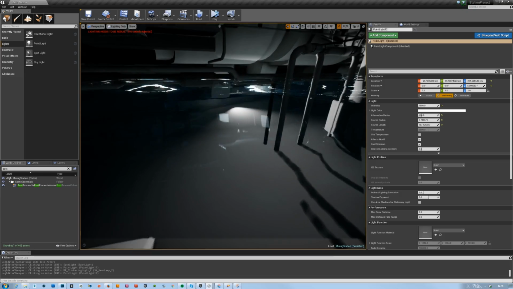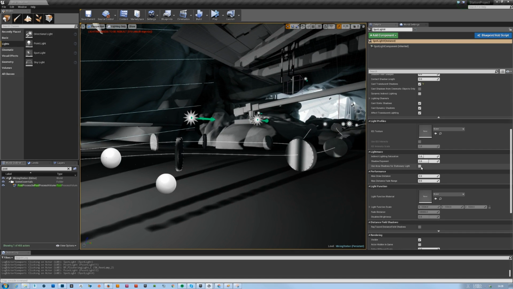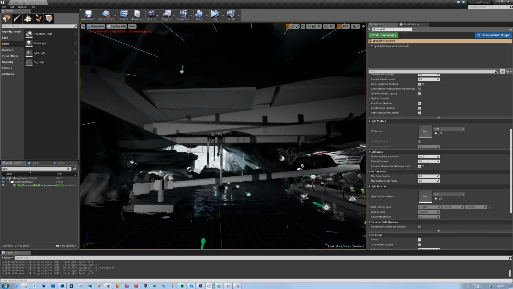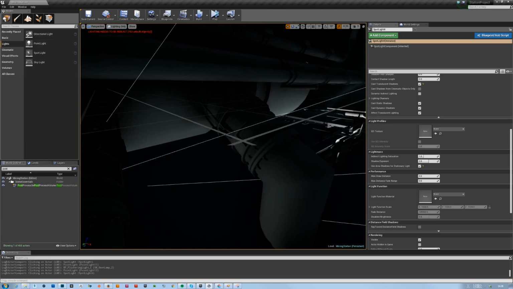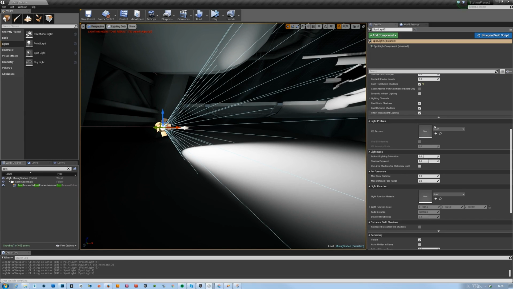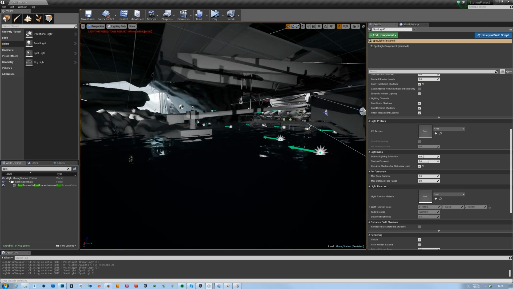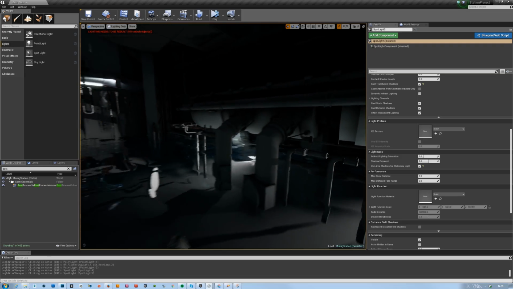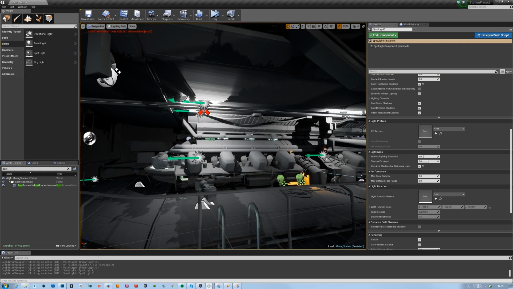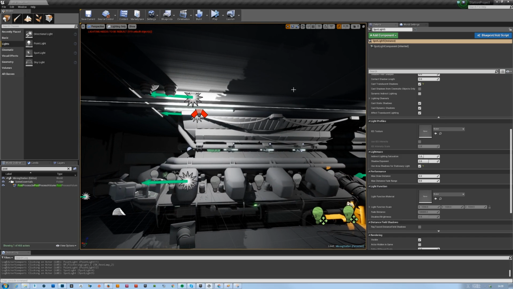So what I will do is I will change these ones to area lights as well, because I don't like these super harsh shadows here. They should not look like that at all. Okay. So now we got this area shadow here. This one is still telling me no. But anyways,